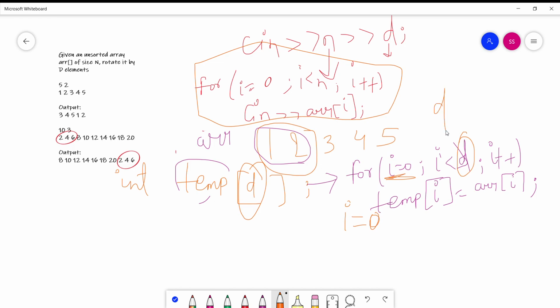Randomly, to illustrate the example, I take the value of d as 2. So the loop will execute from I equal to 0 while I is less than 2. It means it will execute only for two values, I equal to 0 and I equal to 1. For I equal to 0, temp of 0